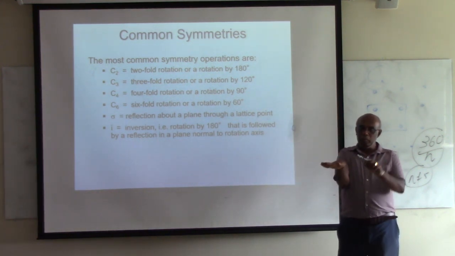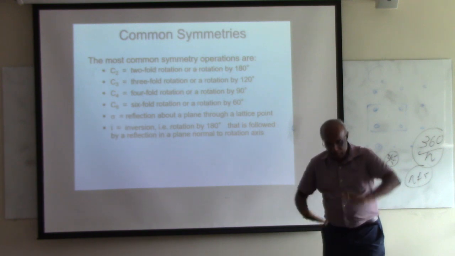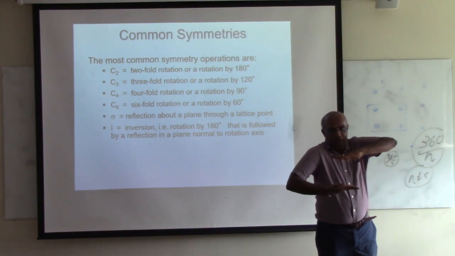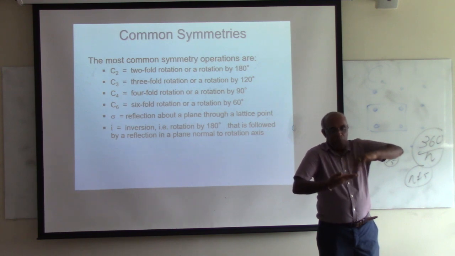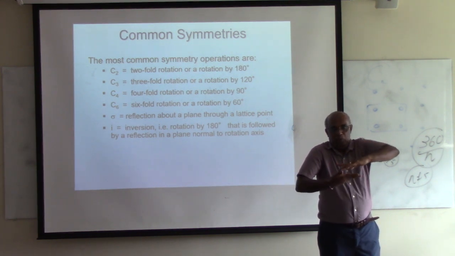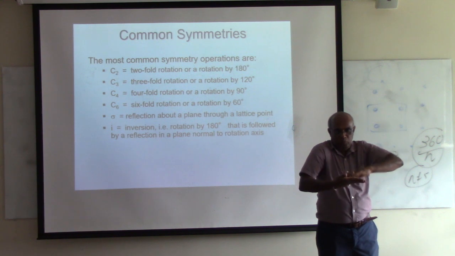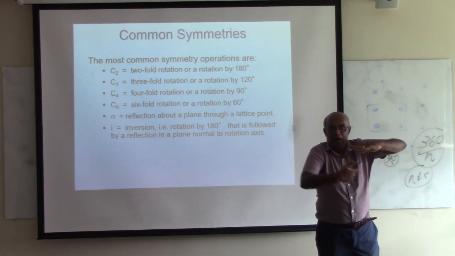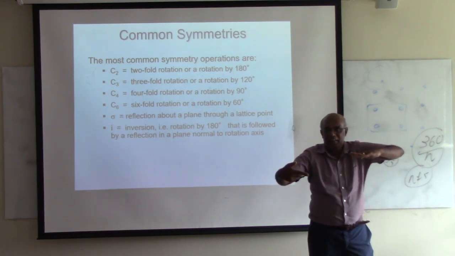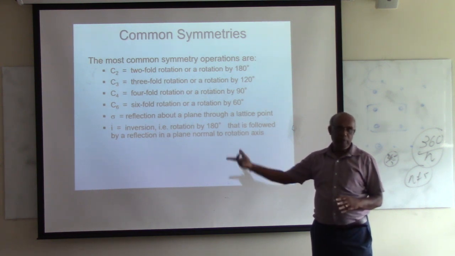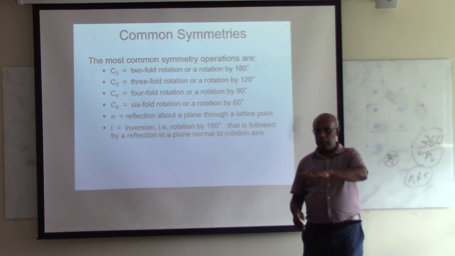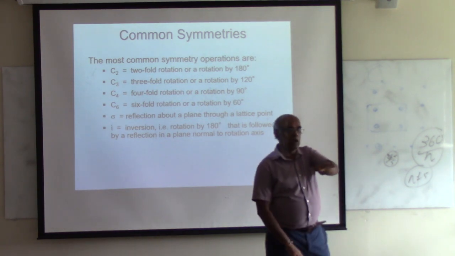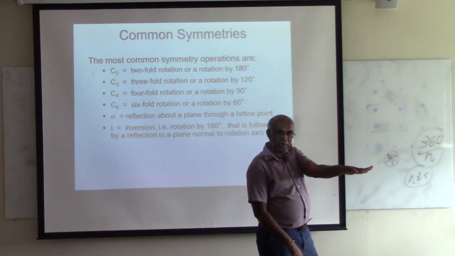Inversion means everything is, so if you take this, you have an inversion center, then this point becomes this point, right? This point becomes this point, this point becomes this point. R becomes completely minus R. That's called the inversion. So the typical inversion is, first if you take this one, rotate by 180, then take